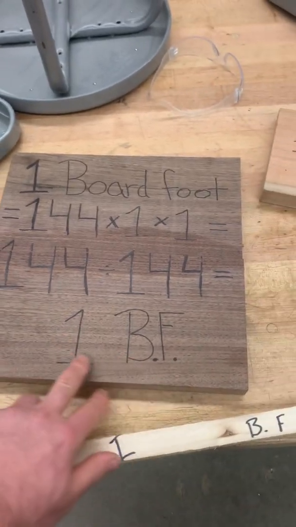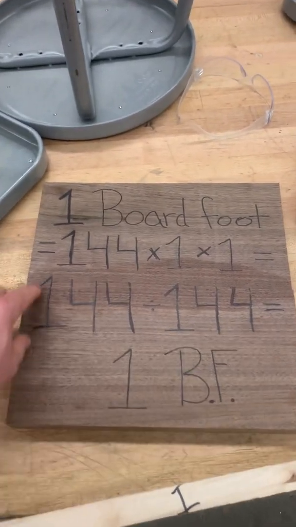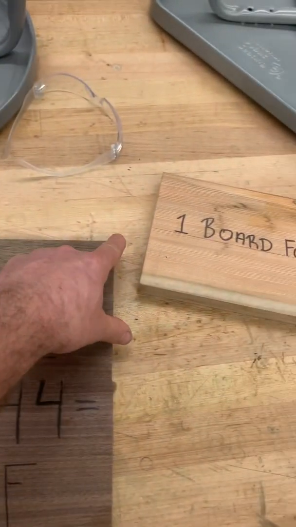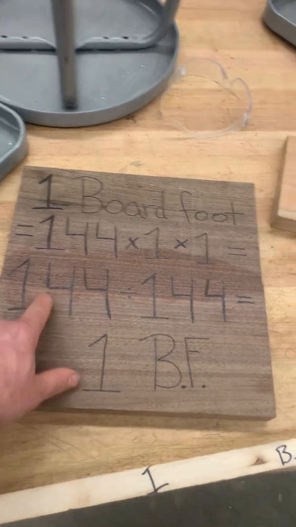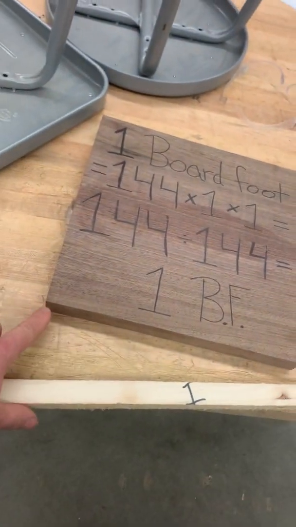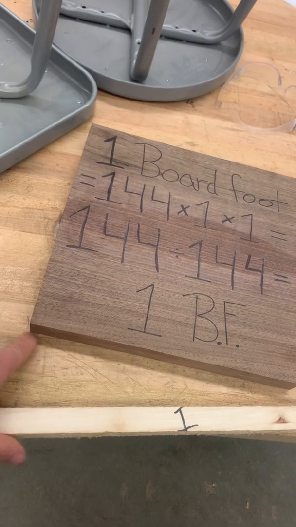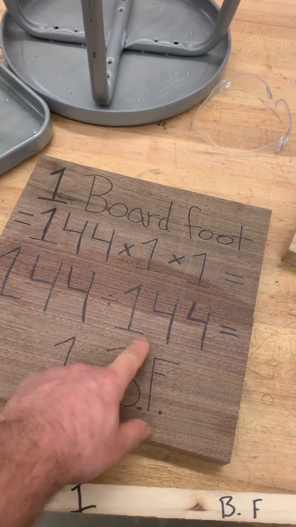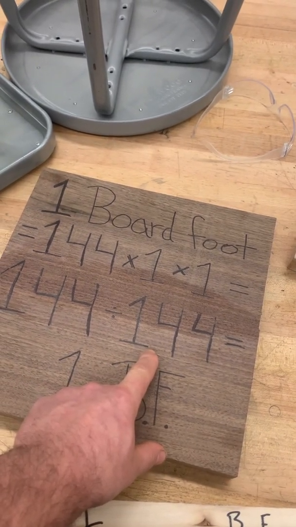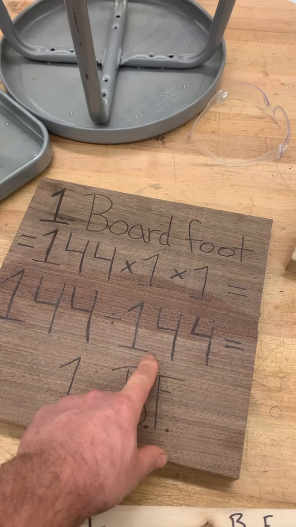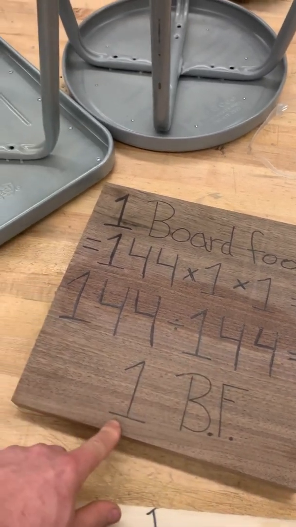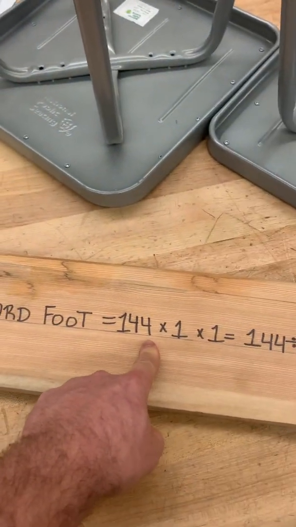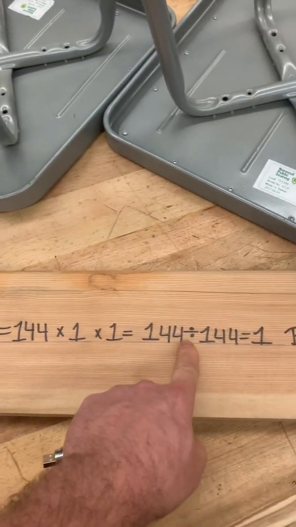In this board foot of black walnut here as an example, we've got 12 inches. This is a foot. 12 inches is a foot, and we've got another 12 inches. So that's 12 times 12 equals 144. And then we've got 1 inch thick. 12 times 12 times 1 equals 144. We divide 144 inches cubed by 144 inches cubed because there's 144 inches cubed in 1 board foot, and we equal 1 board foot. This is also a board foot. 1 board foot equals 144 inches cubed. Okay, so now we've got